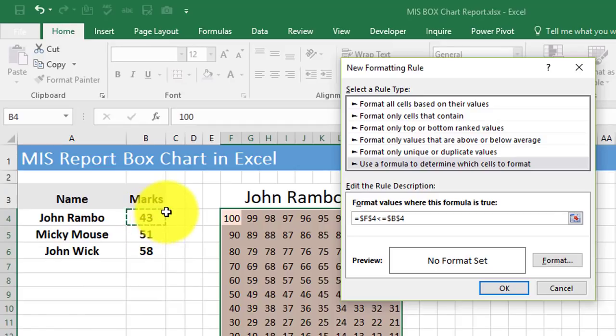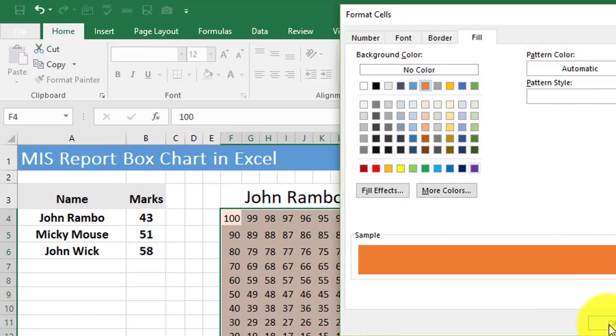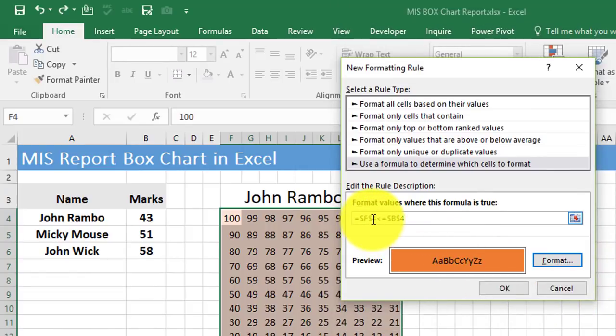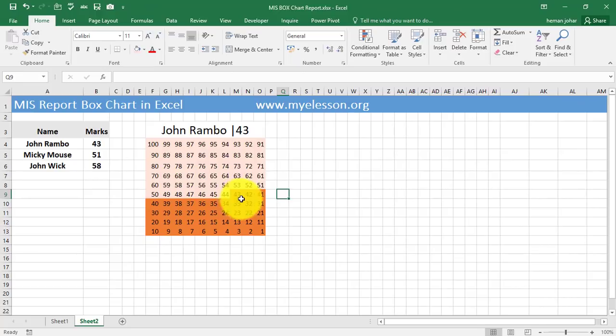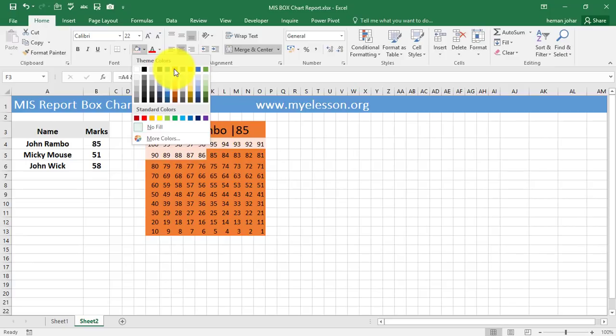Then all the cells which are equal to this number or below this number should be colored in a specific color, which is this one. Okay, and now I will remove the dollar symbols from the first one. We are done. See, 43, 43. If I make it 85, 85. Very simple.